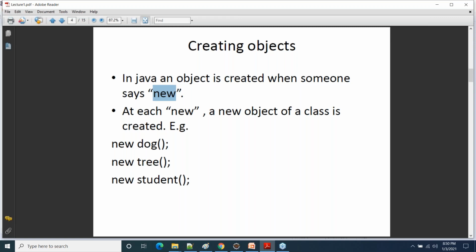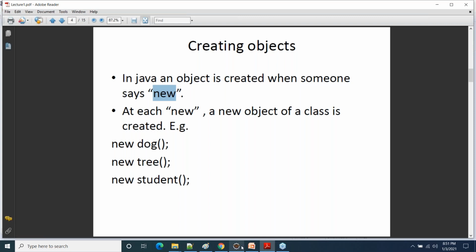So whenever you use new keyword, every time a new object will be created, and every object in Java is unique in itself. Means they will have completely different memory address. Objects are never duplicate. Although you will be creating multiple objects for the same class, every object will be created separately, uniquely. Is that clear?